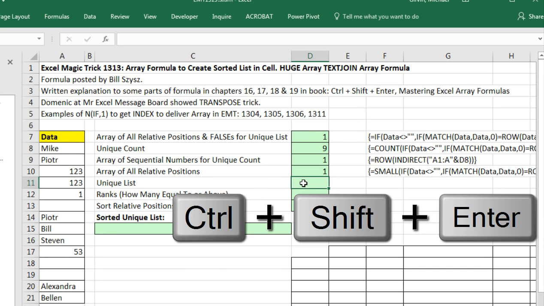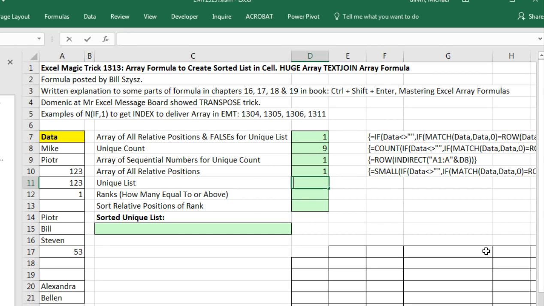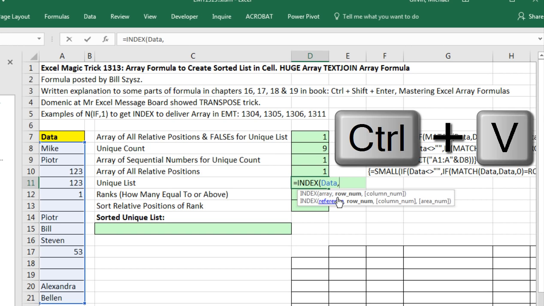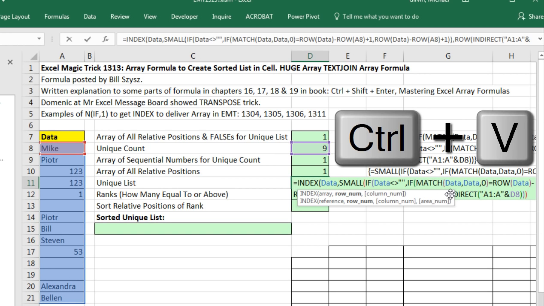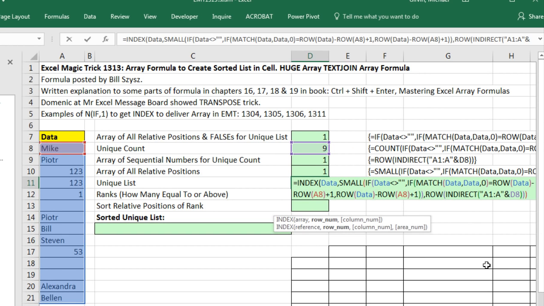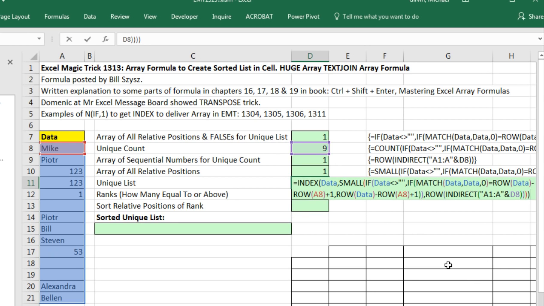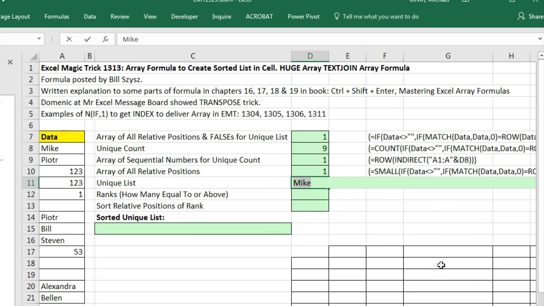Now we want to create the unique list. Remember, there's our array of relative positions. So now I can simply say equals INDEX. And INDEX, I need you to look through this whole list here, comma. And then I need all the row numbers simultaneously. So I can paste this, Control-V. Remember, that's got the relative positions. Close parentheses. And if I F9, as we saw back in Excel Magic Trick 1304, 5, 6, and 11,